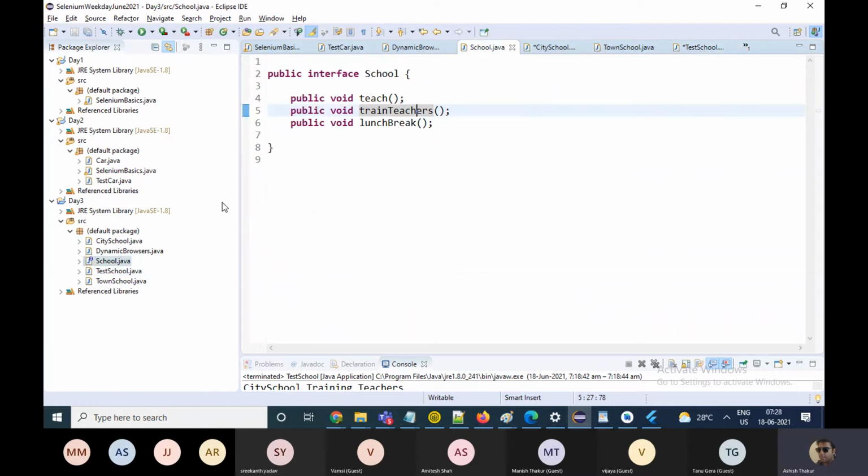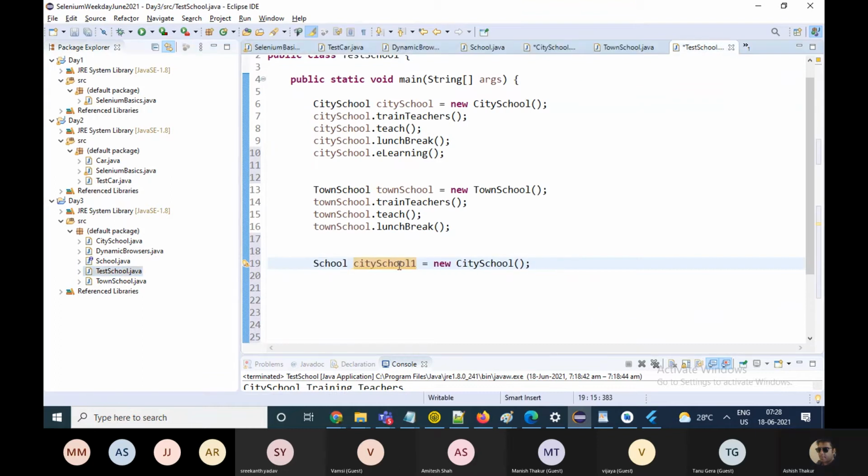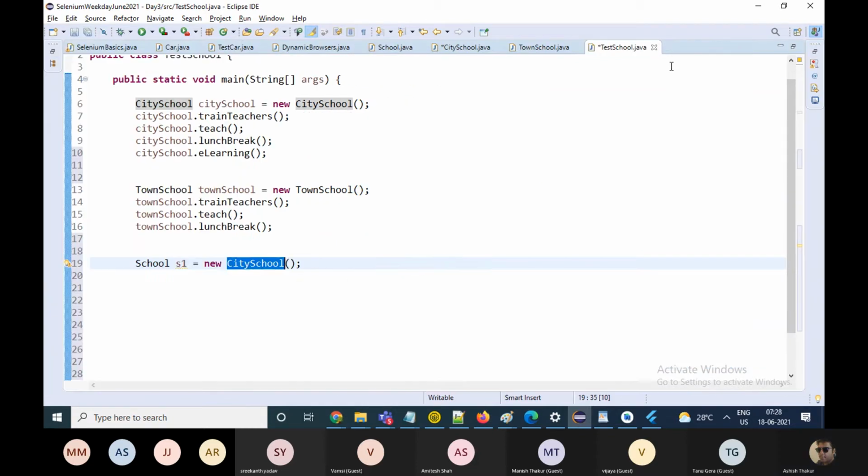I am going to write school S1 equals new city school. So the reference is of the interface, and S1 is pointing towards the object of the city school class.